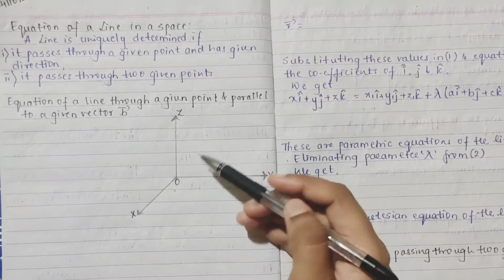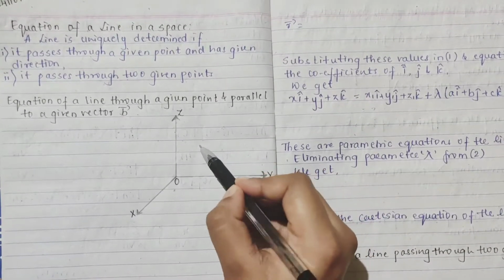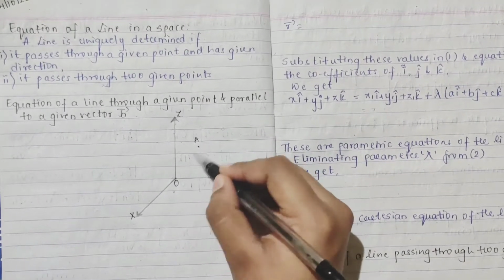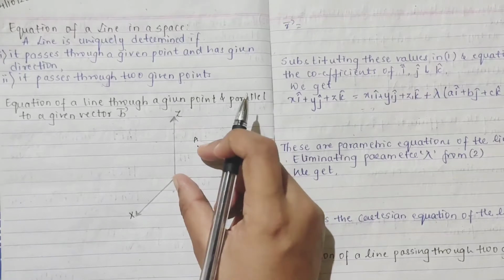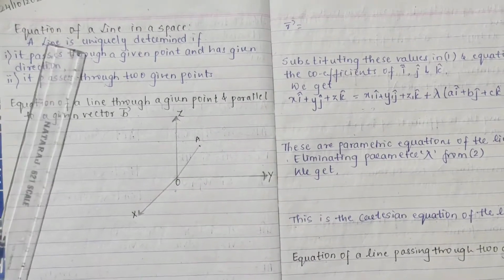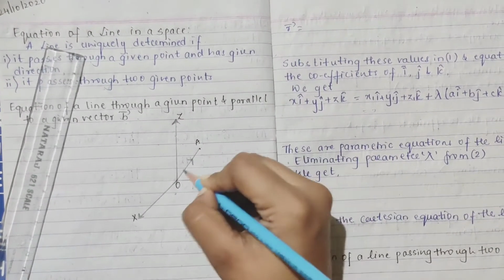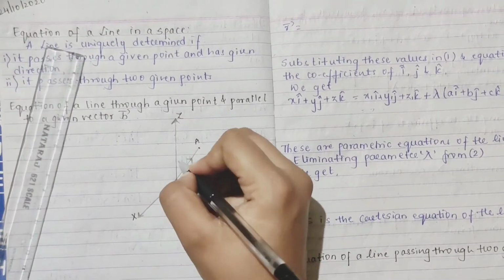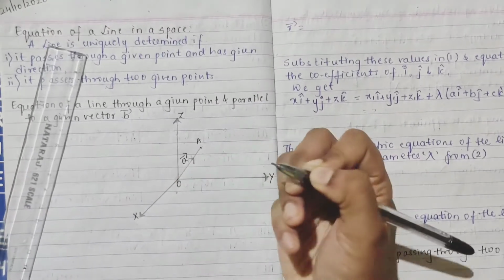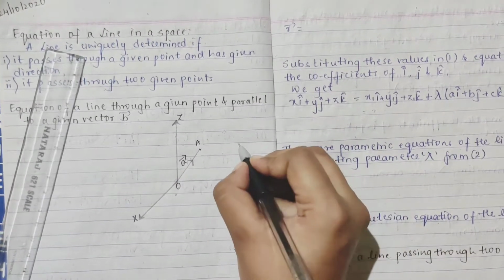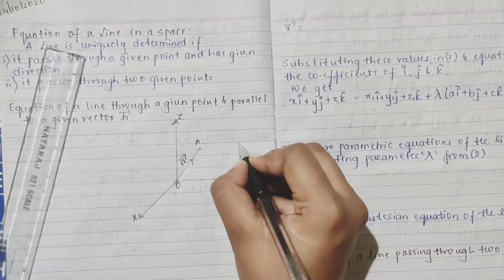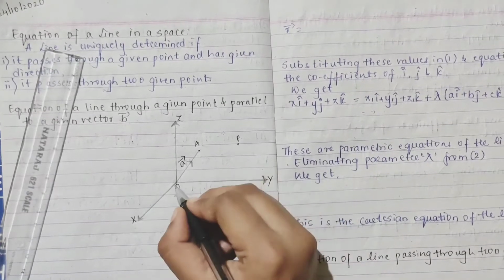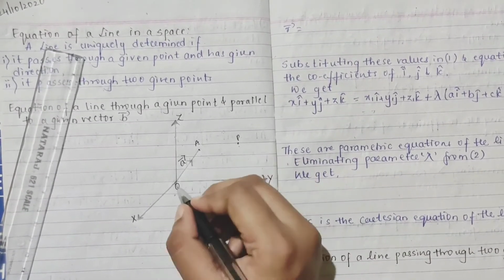So from here what I'll do, I'll just mark any point A. So from your origin to A, this becomes your position vector, right? So I can join this point. This becomes your position vector OA. This you can take as vector a. Now next what we'll do, again we'll take a point. One more point we'll take as P, and again we will take one more position vector as your r.